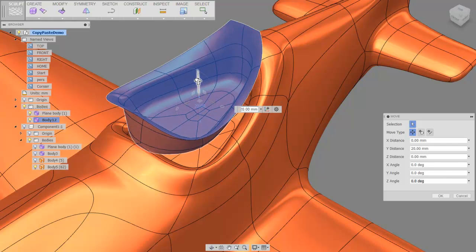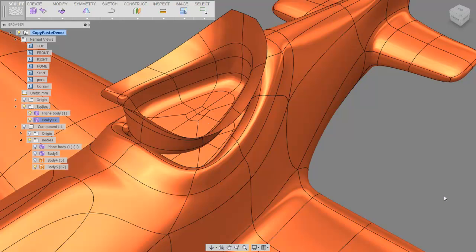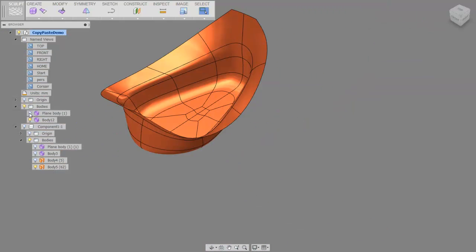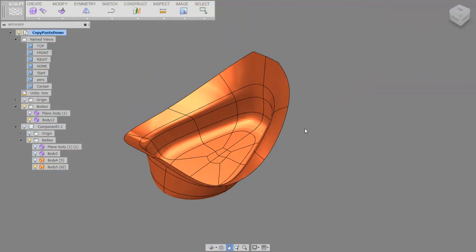I can move those out of position a little bit so you can see it more clearly. I say OK, and now I've got a separate body with just the selected faces. Now this had been extruded to create that cockpit area. In order to utilize it in another spot, I'm going to make a little change to it,